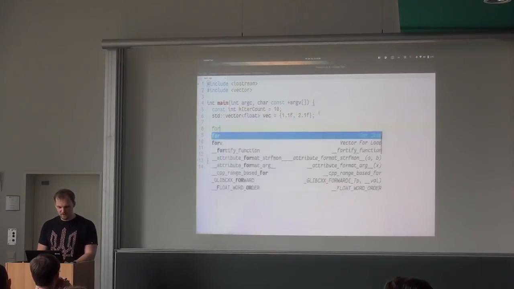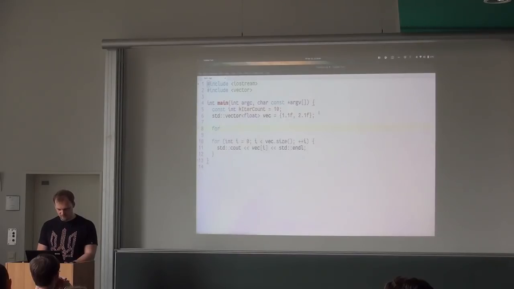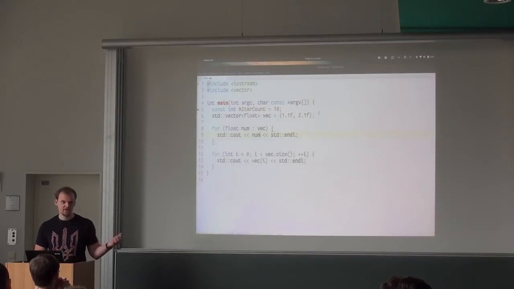You can do it like this. So in this case, you can just use float number from vector. And this is going to be just the same. And this number will be the float that you read.